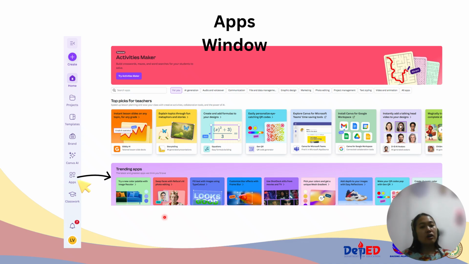So it can recolor your image that you probably uploaded or got from the internet or from the elements here in Canva. So, you add it and then, of course, you can't change the image right away. Right? So, the good thing is you can change it here. Interesting, right? So, yeah, let's move on.